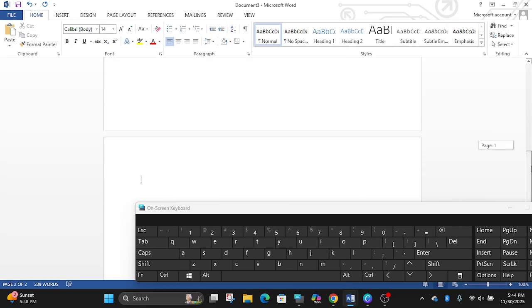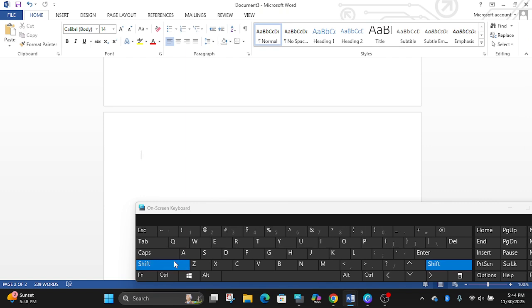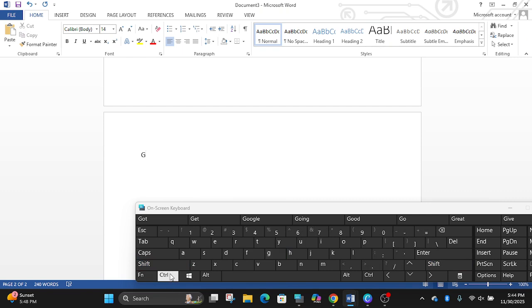Now here, I am on the second page. How can I know? Here, the status bar says page 2. Here, let me type using Shift plus a letter. When Caps Lock is off, it helps you to type small letters. I mean, if it is off, Shift helps you to type a capital or uppercase letter. For instance, G, then O, space. To make only the letter capital, you can use Shift plus T.